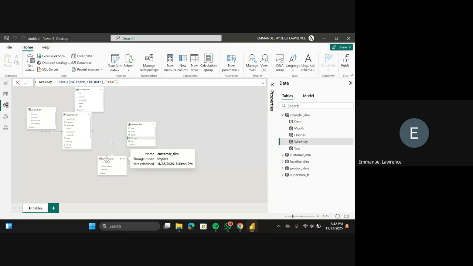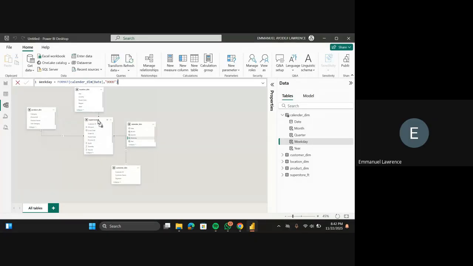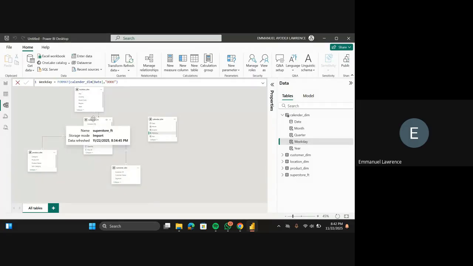We have two types of schema: the star schema and the snowflake schema. But this dataset only provides us with a star schema, not a snowflake. So this is a star schema. Now my fact table here is in the middle. Power BI automatically created the modeling for us, apart from this calendar dimension table we just created. You can see that Power BI already joined these two tables together. When you are using a star schema, it's going to create a one-to-many relationship between your fact table and your dimension table.